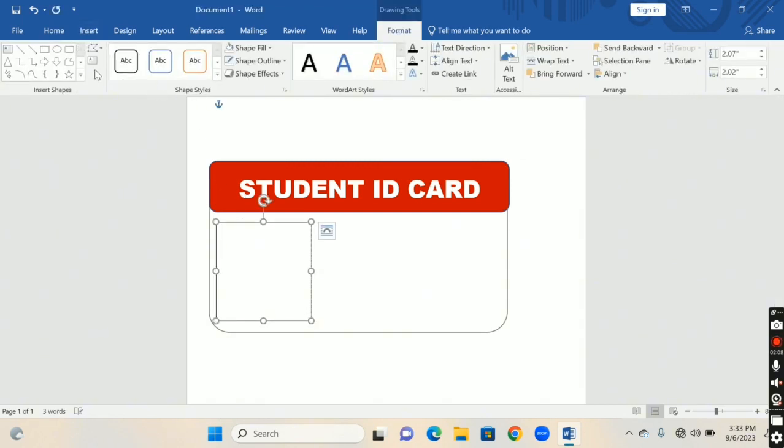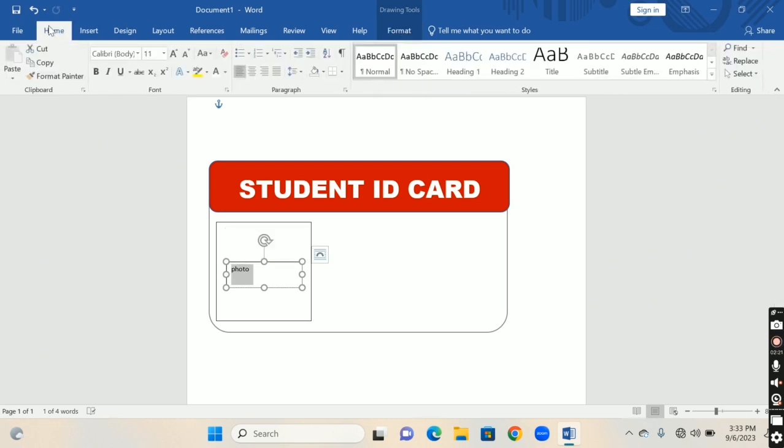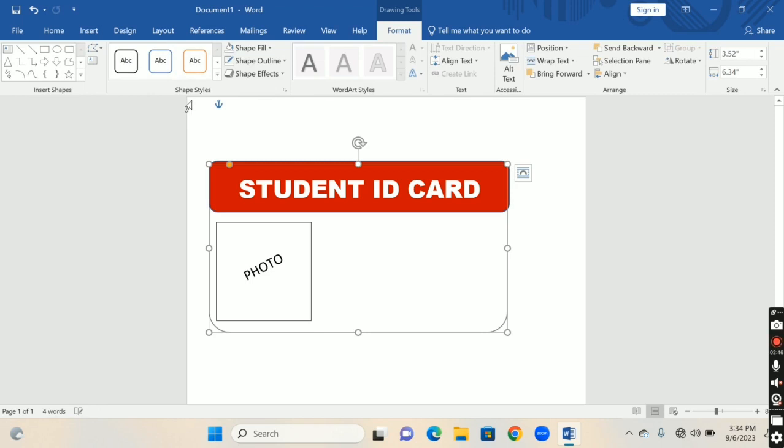Now add another shape, rhombus type, for writing a text, image or photo on it. Increase the size of the text and also rotate it just like this. Center align this text in the rotated form. Now take a text box just next to this photo corner